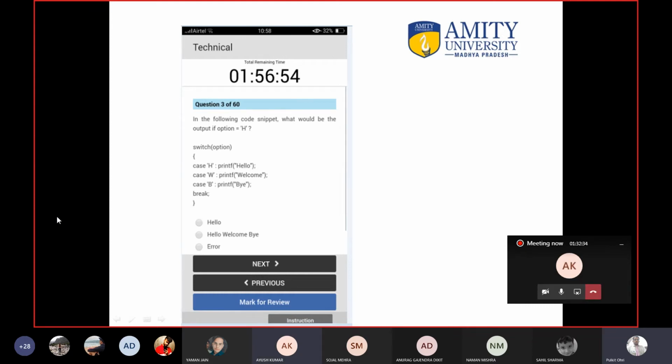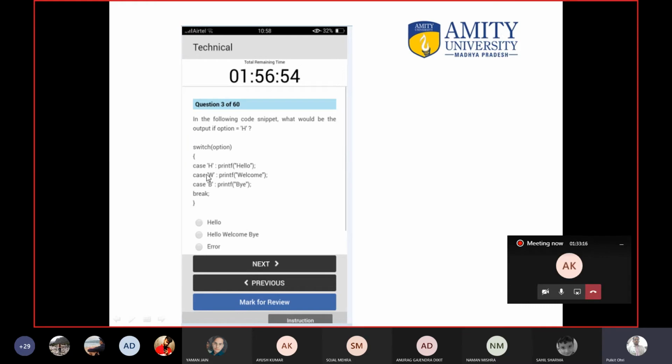Yes, it is correct. The thing is, when students are reading this question, they will say, okay, the option is H. Of course, the answer is hello. No. In case you need to write the break statement. If you do not write the break statement, what will happen? Once you have entered inside the case, you will enter inside every case. Remember this line. When H and H are matched, then H and W are not matched. H and B are not matched. They are just printed. Means entry is open for them. Once you have entered inside the case, then you can enter inside any case. That's why after every case you need to write the break statement.